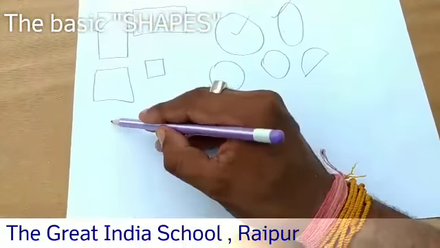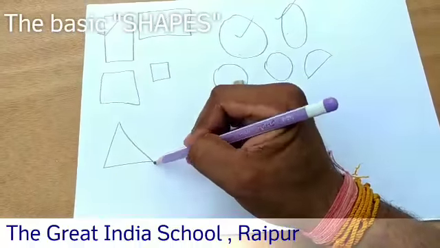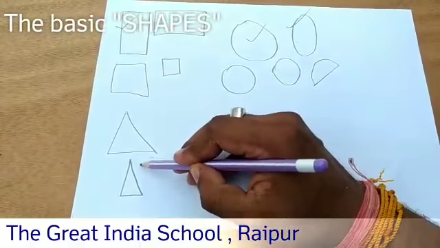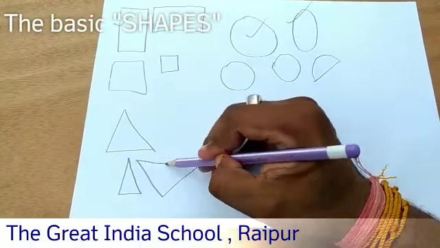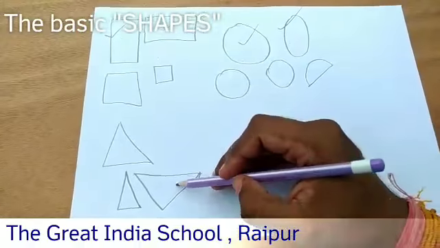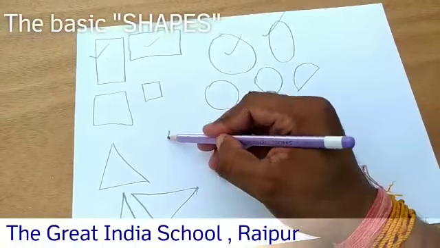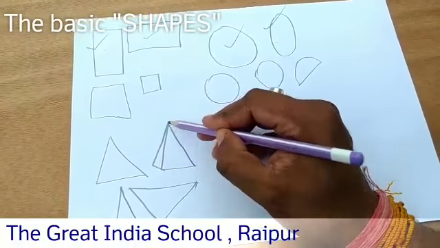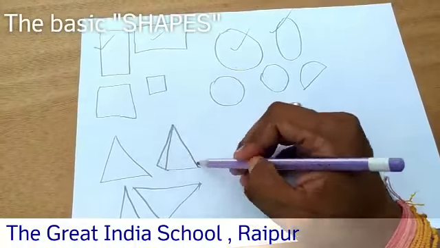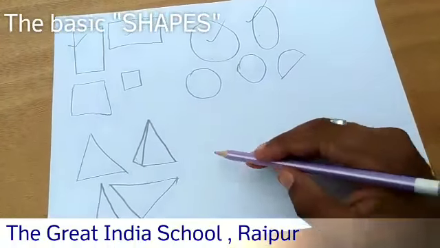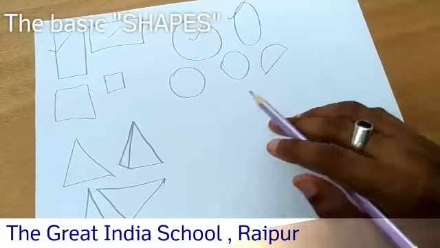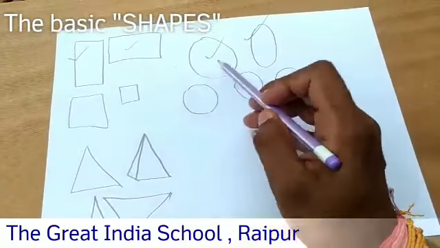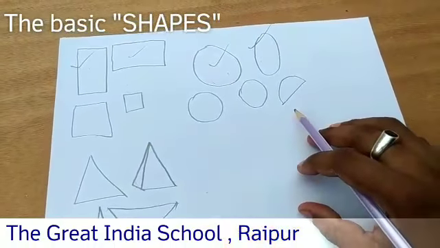What is a triangle shape? This is the triangle shape. We can use many kinds of triangle shape according to our use. As I told you, these are all triangle shapes, and we can also use a pyramid shape. Pyramid is the 3D form of the triangle. Like this, and we can also use the cylinder shape. These things are 2D shapes and the cylinder is a 3D shape.